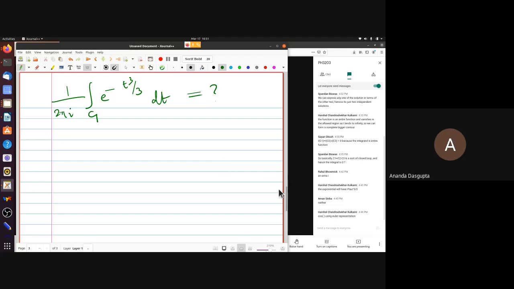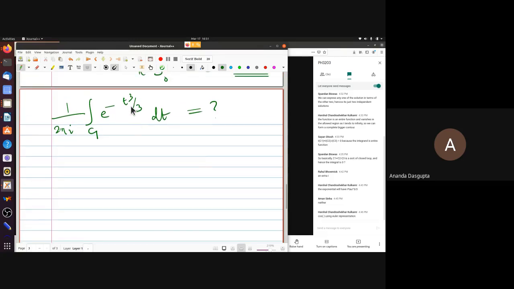Can you choose a contour in such a way that this integral, remember this t is a complex number in